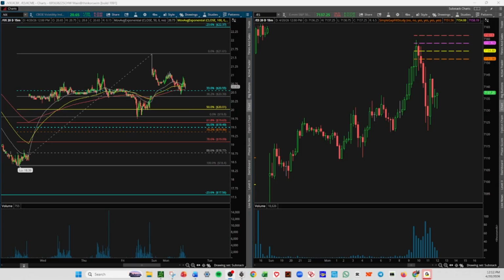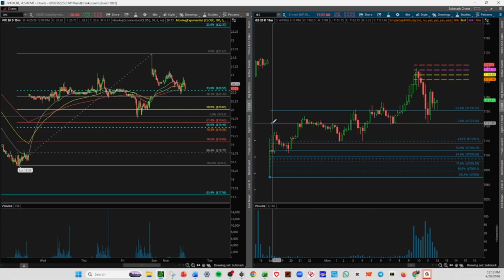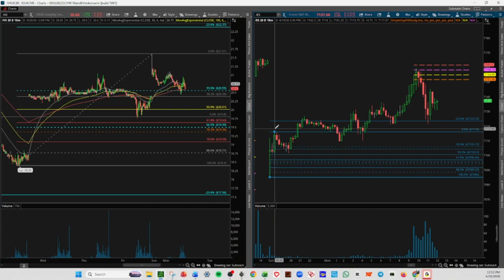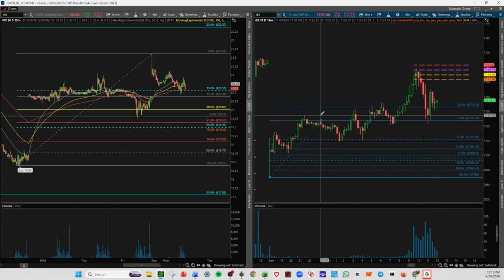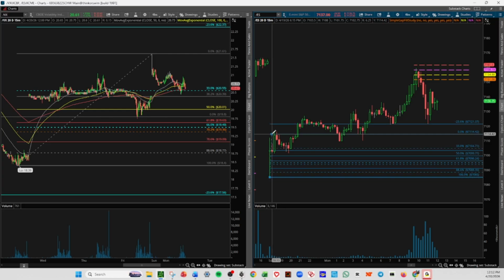So we had a gap down overnight, right at the open really, on Sunday. And on this 15-minute chart, towards the gap at 71.61, you can see that you were rewarded if you were trading at that time. We never even challenged that low that was put in at